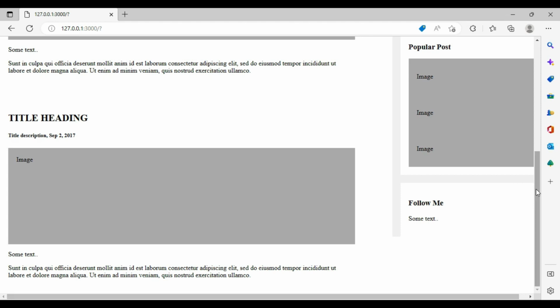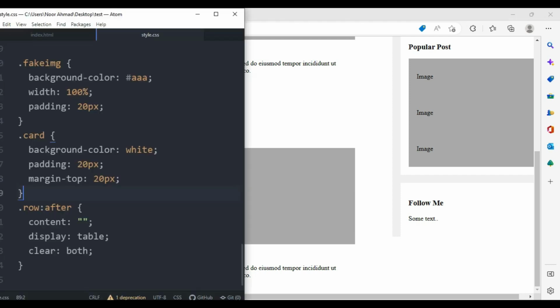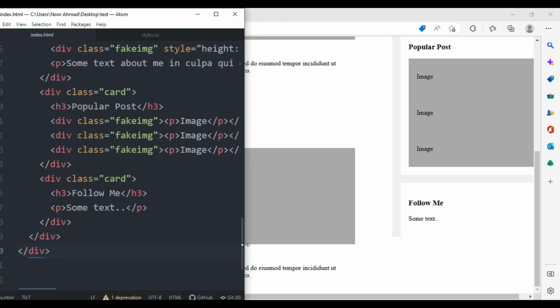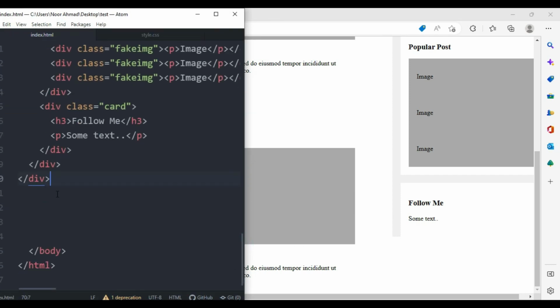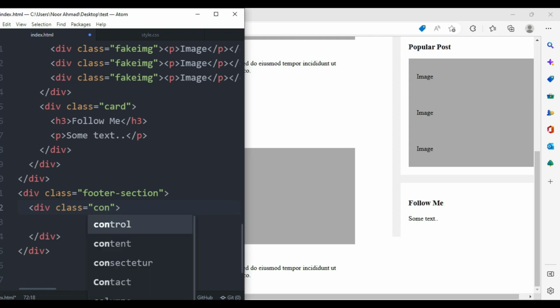So the last section is the footer section. Now let's add the footer section as well. Inside the HTML, I'm going to create another div. Its name will be footer section, and here I'm going to create a div which will be container,